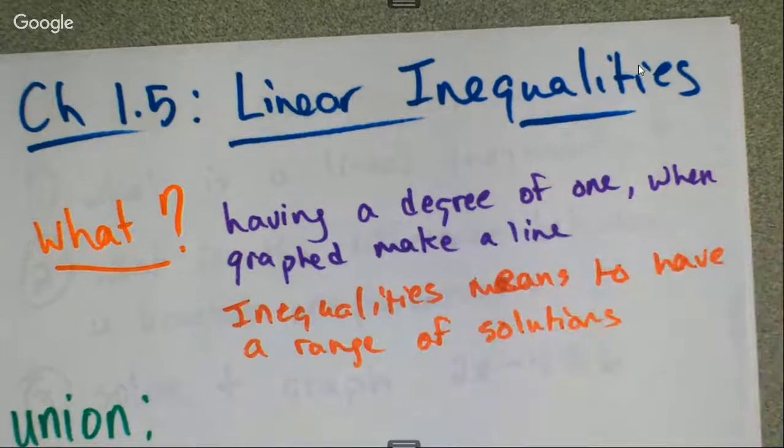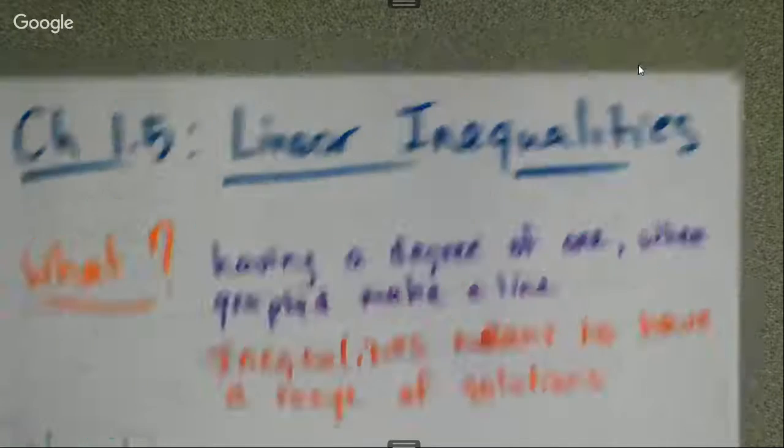So in this case, I'm not going to have one solution, but I'm actually going to have infinite solutions. And that infinite solution is split up into a range. So I want to look at some of the